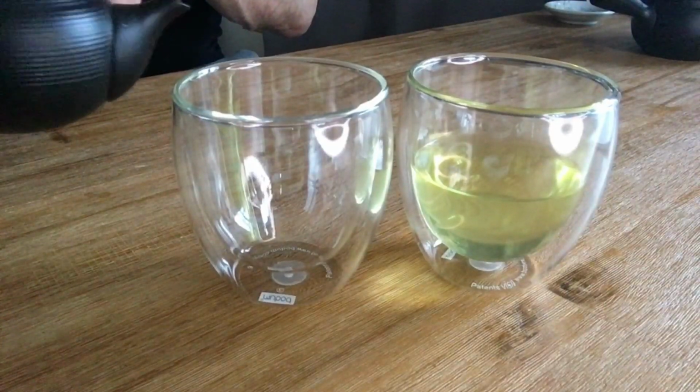On the other hand, what is also nice is that the tea is easier to brew. Here we talk only about 45 seconds. We leave the tea in, and then you already have a very, very fast brewed tea, and it is also very nice in terms of taste. But let me show you this. So we're already here. Let me move the glasses here, and now you're going to see how different these two teas are